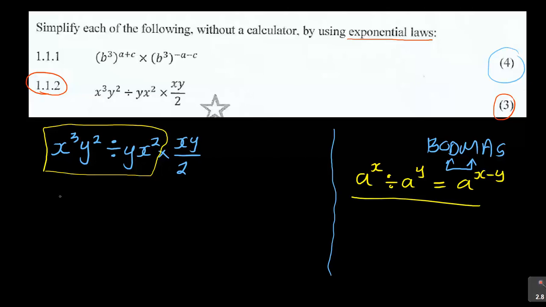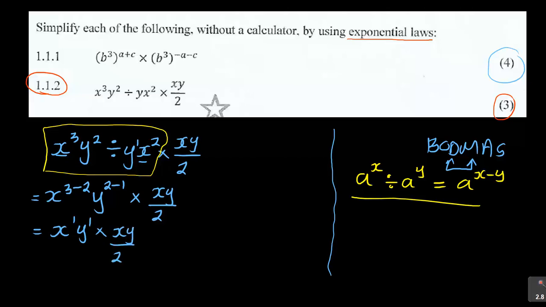So if I can focus for now on this part, also bearing in mind the different exponents, I will have x to the power of 3. Now if I look at that x and that x, it will be 3 minus 2. I hope you see that. And then y is y to the power of 2. Now if I'm not given any exponent, that means there is a 1. Minus 1 times xy over 2. I'll do another method just to see if the answer is the same. So x to the power of 3 minus 2, this is equal to x to the power of 1, y to the power of 1, and then I have times xy over 2.